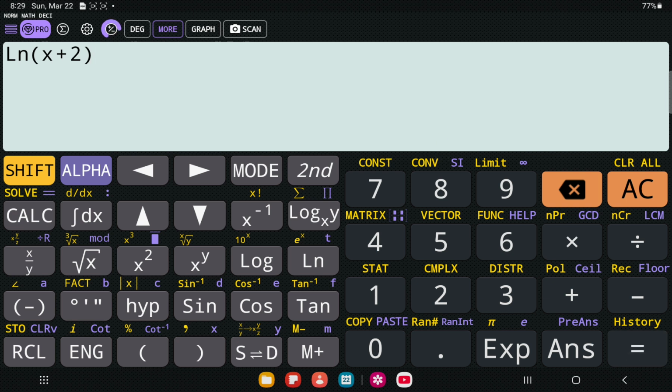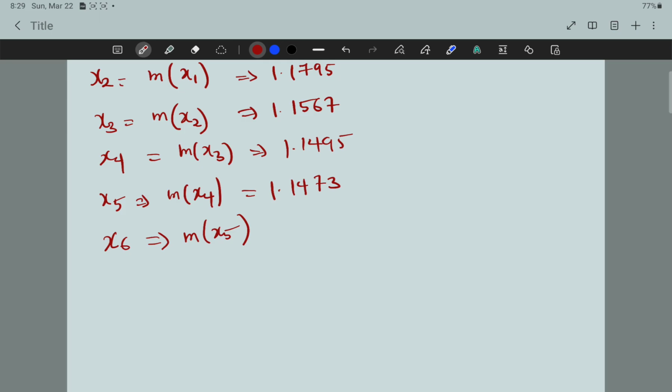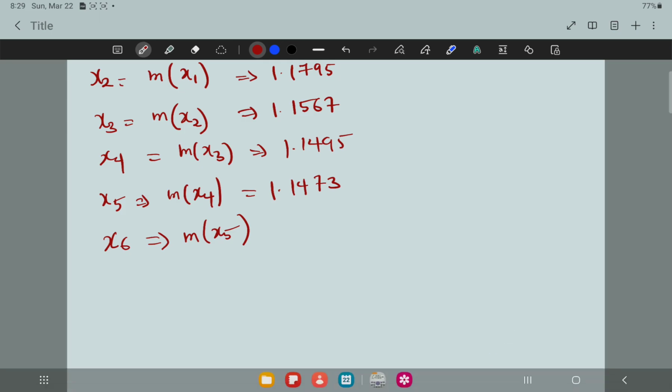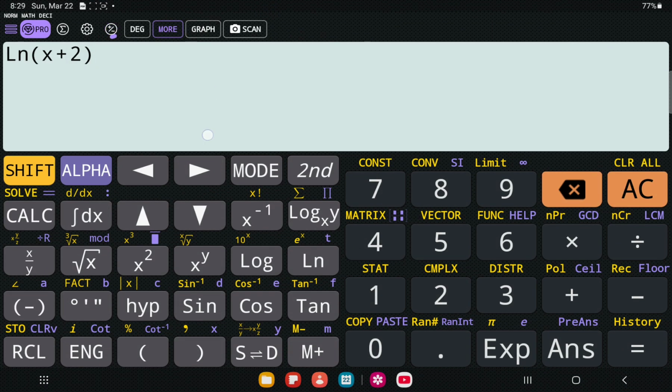In the absence of that, let's calculate 1 point. Calculators can sometimes malfunction, right? x plus 2. I know you understand the picture of what I'm trying to do, right? ln x plus 2. We are calculating at